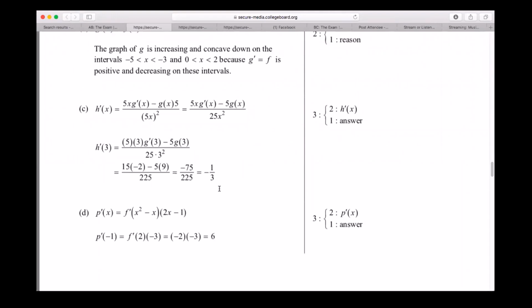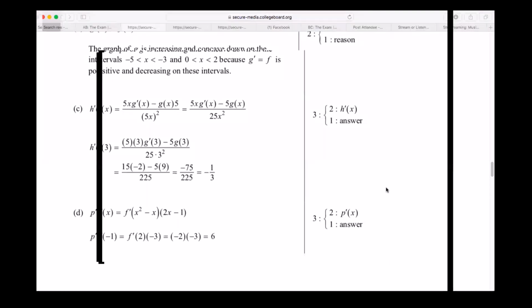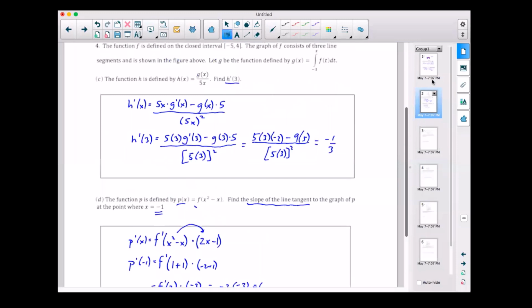I don't think any of those 9 points are beyond any of you right now. You know, if some of this is new to you or you're not comfortable with these, just go and get a bunch of these problems, right? Ask your teacher for a bunch of F prime graph problems. And if they don't have them, email me or Mr. Record, and we'll send them a file of like 7 or 8 of these problems from previous AP exams, and just practice these like crazy, because you're not going to find an easier question to get 9 points on than something like this. And the beauty of this problem is that, like I said, the average score on this was